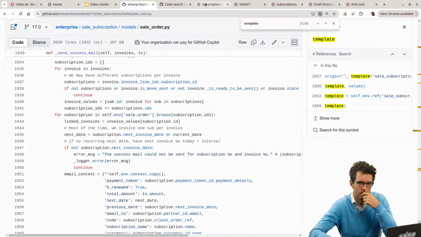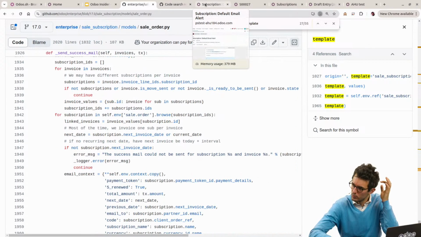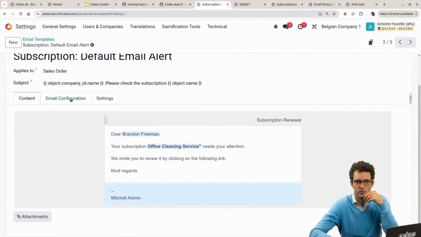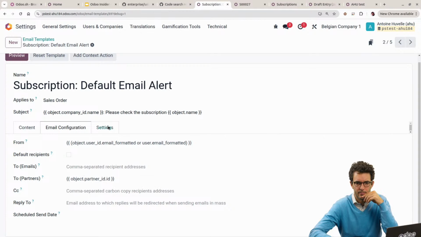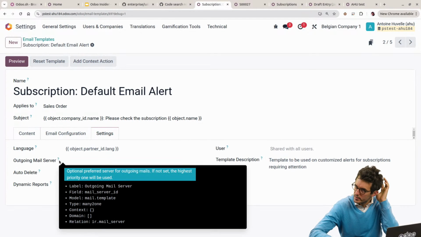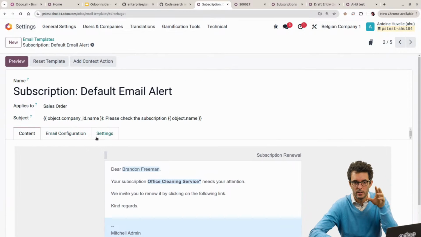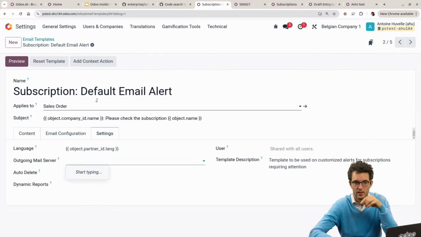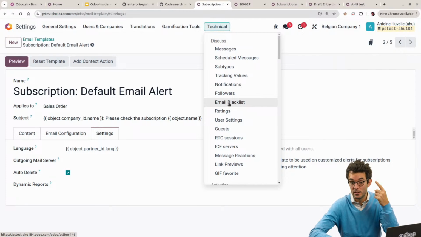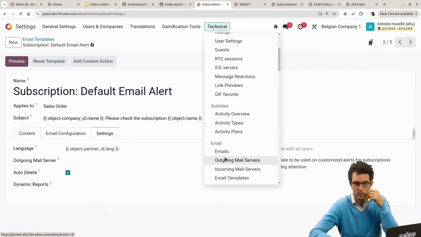I would say select the ones that you don't want to be sent in terms of templates and attach them here in the setting to an outgoing mail server that is never going to send an email. But that means that you need to have an email server being selected, at least one. Yes. And what will happen is that those ones will still be generated by Odoo, by the way, but you will find them